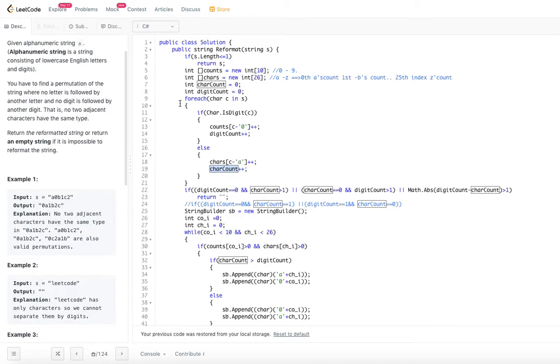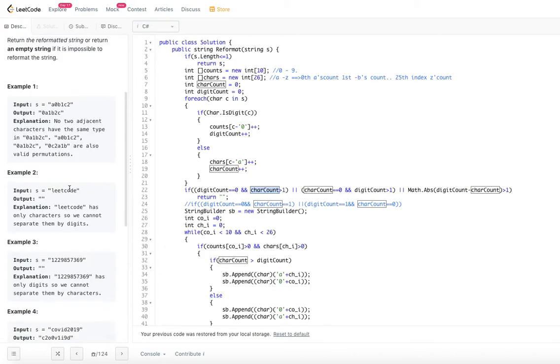Now once we pass through this for loop, we need to check if digit count is equal to 0 and characters are more than 1. That means no digits and more than one character. LeetCode example 2 is an example of this. And this one is for example 3: if character count is 0 and digit count is more than 1.